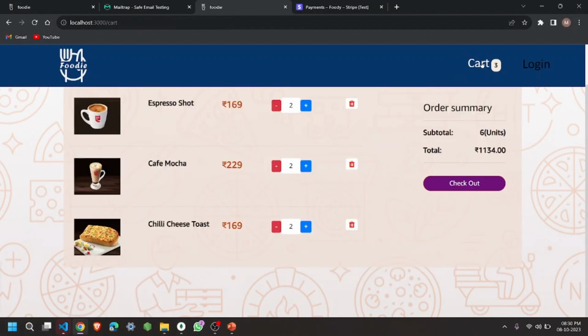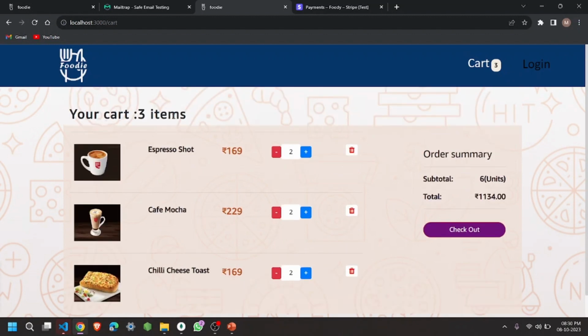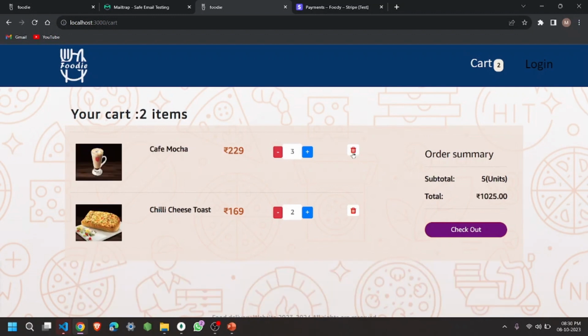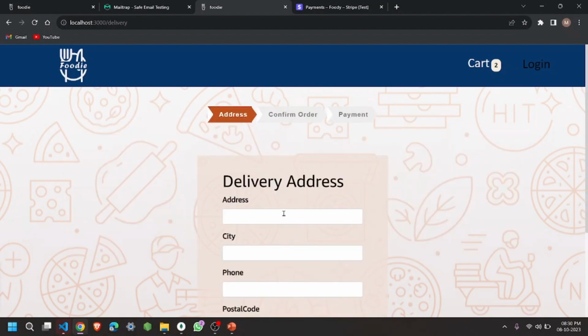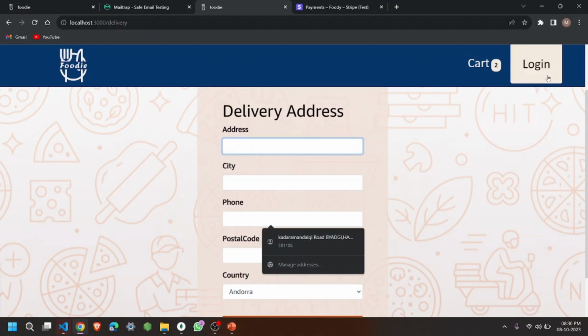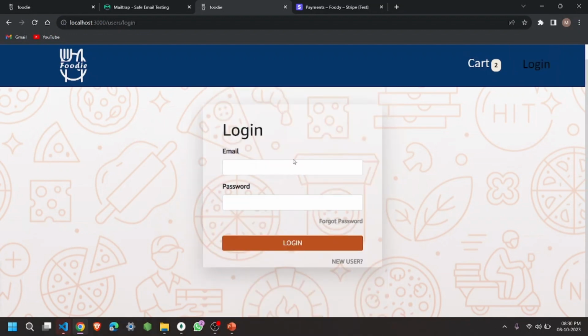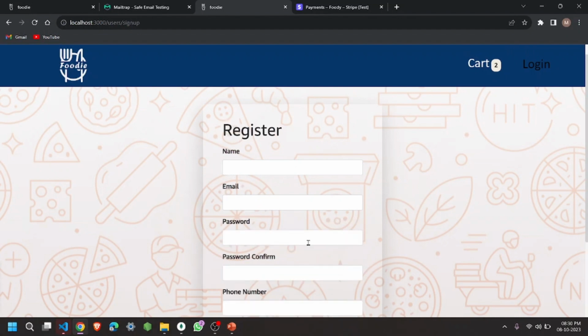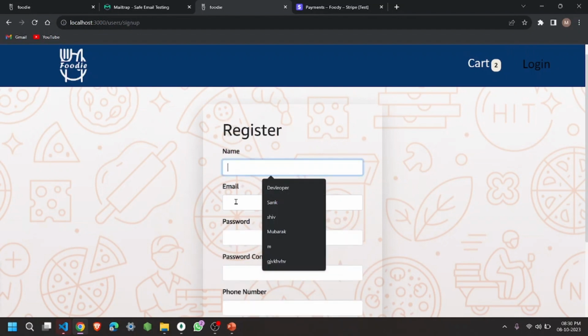And if you want to order that, you can see in cart the number of items is 3, where you can also increment or decrement the items, or also you can delete the item if you don't want it. Here is the order summary, total amount and all. If you want to check out, then we must put our details and everything, but before that we must log in. For login you can use your new password and all, or you can just